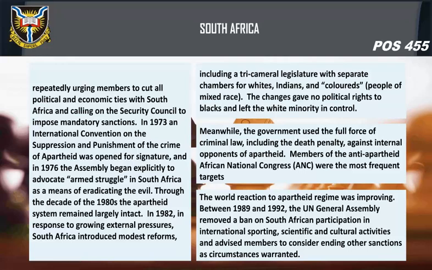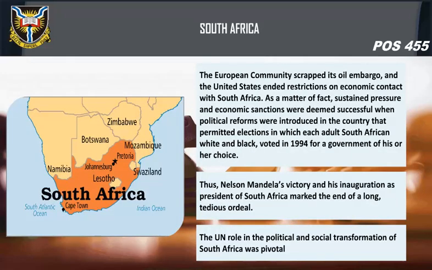Between 1989 and 1992, the UN General Assembly removed a ban on South African participation in international sporting, scientific and cultural activities and advised members to consider ending other sanctions as circumstances warranted. The European Community scrapped its oil embargo, and the United States ended restrictions on economic contact with South Africa. As a matter of fact, sustained pressure and economic sanctions were deemed successful when political reforms were introduced in the